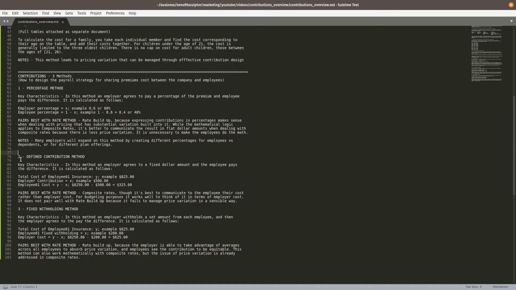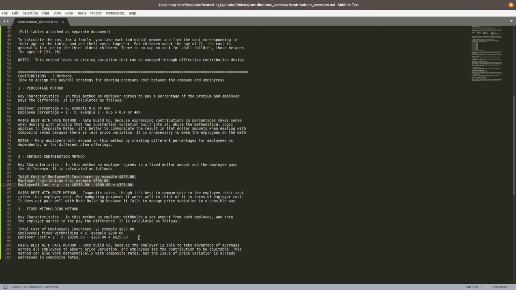The next method is defined contribution. Personally, this is my least favorite. I don't like recommending this strategy. I don't think it works in most cases. But this is where an employer says, you know what, I want a fixed budget. I want just to have a set amount that I want to pay for health insurance, and then the employees